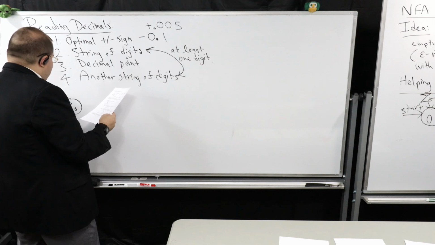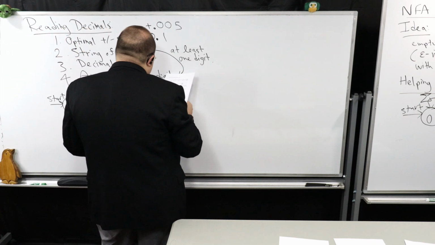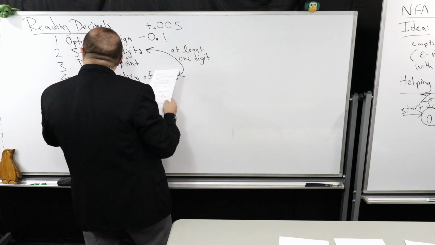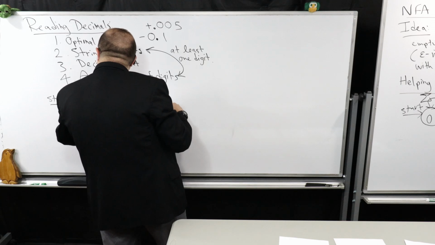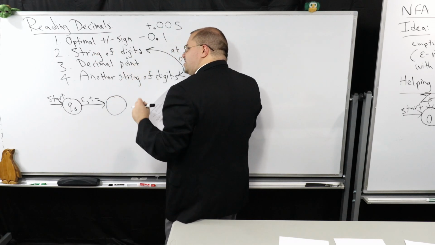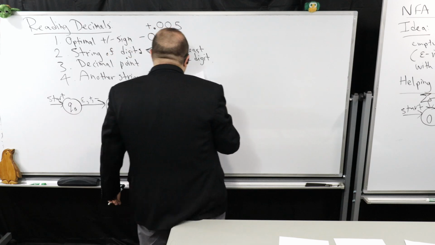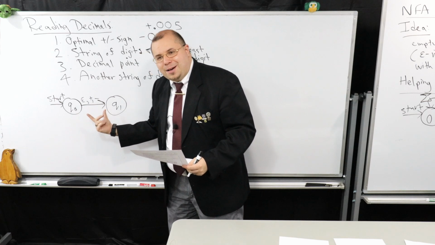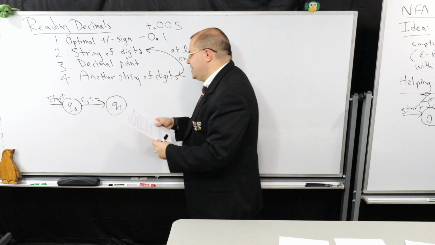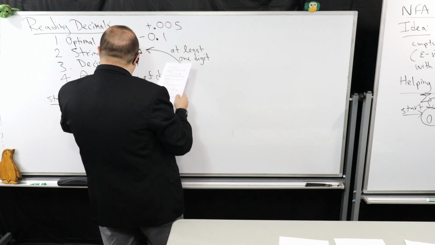So I'm going to just have my start state being Q0. Now this is how I'm going to use the epsilon transition. Notice, remember, I said it's an optional plus or minus sign. So I'm going to allow an epsilon transition, plus and minus, to be transitions on Q0 to get me to Q1. So this is how I could control if it's optional or not. I could use an epsilon transition. So that saves me a little bit of time when I'm designing things.